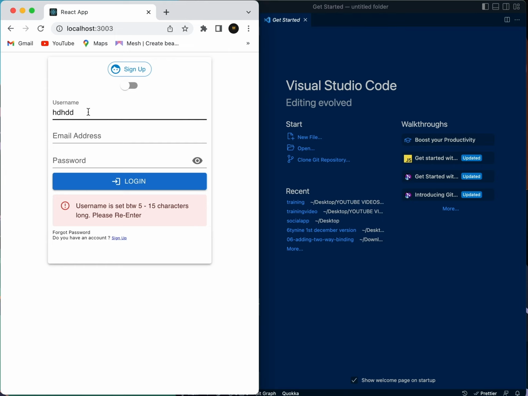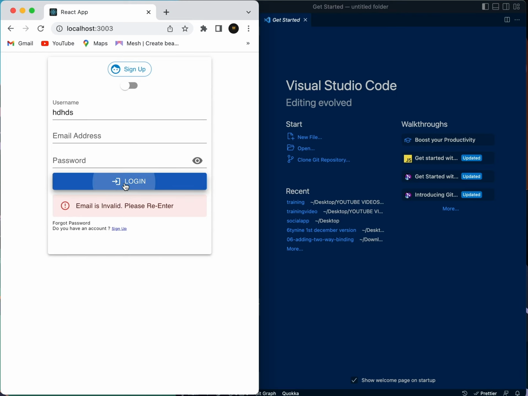The field is okay. If you put only 4 characters and you click outside, it will show up an error showing that there's something wrong here. But once it's between 5 and 15 characters, you can see it will be a-okay. Now, if you try to log in, it will tell you, what's up, you haven't showed the email, please do so. Now, if you come to the email and you say React,